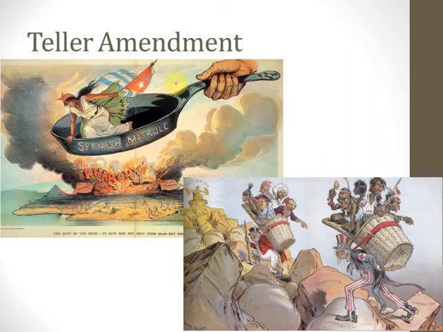I'm like, I really wanted Cuba. But maybe there are other opportunities here. Spain does control a lot of territories. Maybe we can take those. So again, we promise not to annex Cuba in the Teller Amendment. And we promise to promote